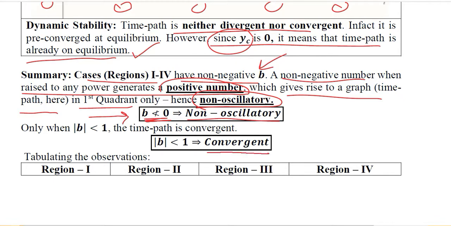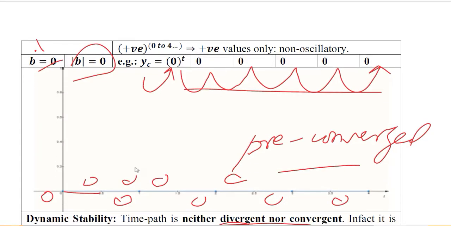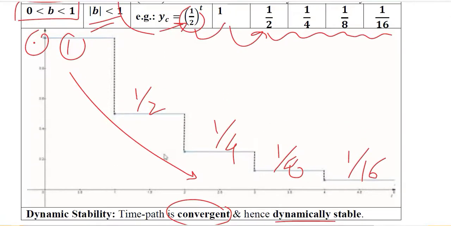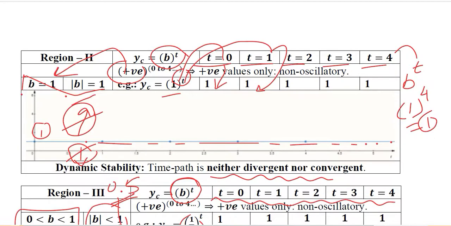And about convergence of the time path, the value of b in absolute terms should be less than 1, which was happening in this case. Here b was less than 1 in absolute value, it was 0, so there was already a converged situation. Here the absolute value of b was less than 1, so we had convergence in this case. And we consider the second case. The second case was here. The absolute value of b was not less than